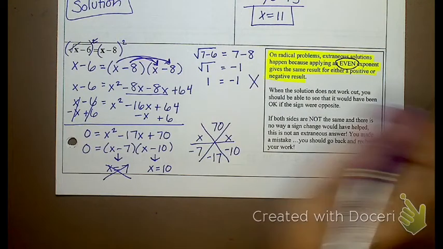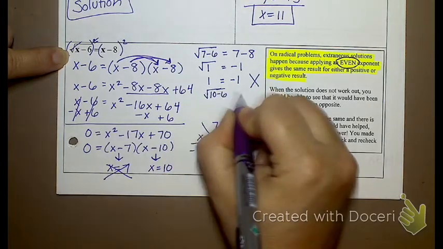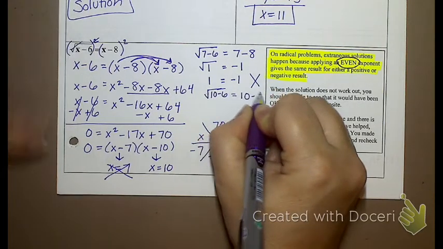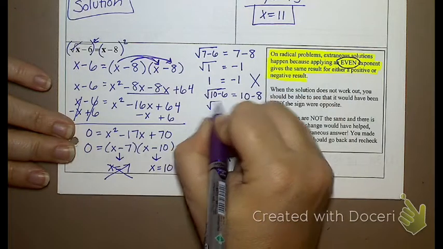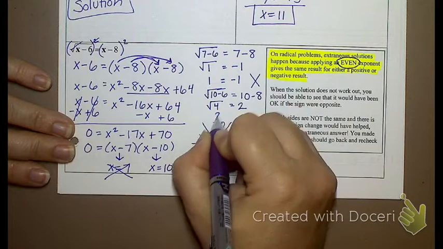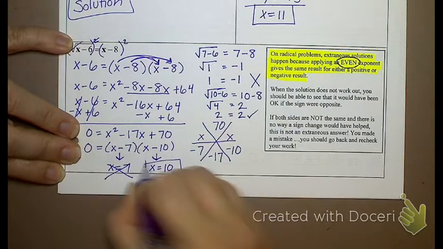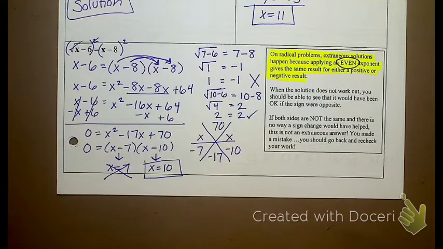So now I'm going to check 10. Square root of 10 minus 6. Does that equal 10 minus 8? Well, 10 minus 6 is 4. 10 minus 8 is 2. That one does check out. So my only good answer is x equals 10. So wait, why didn't you write no solution if you said